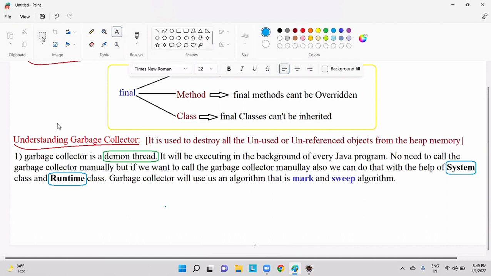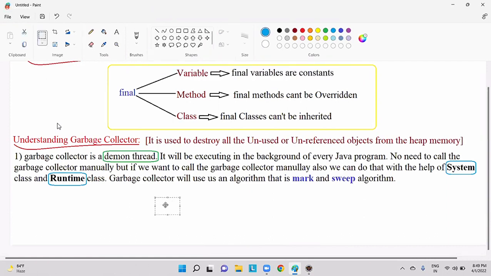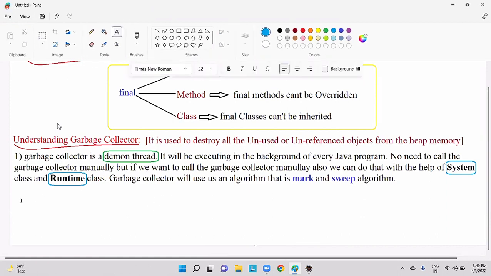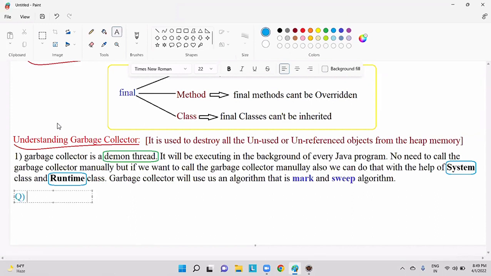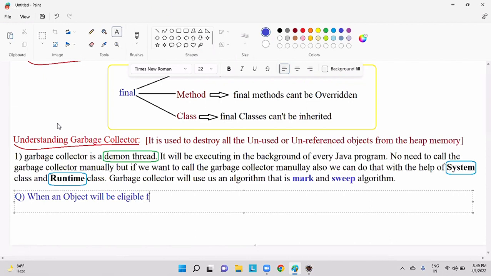Now here comes a question. The question is, when will an object be eligible for garbage collection?